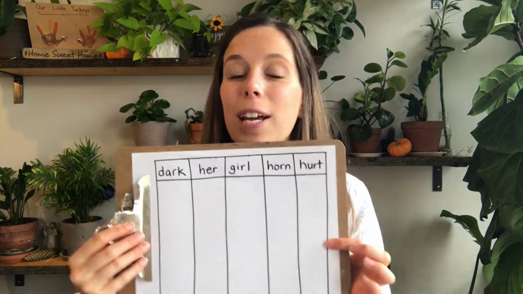So first, everybody takes out their word work notebooks. This is the same notebook that the kids use on Mondays when we do our word wall words. I ask them to open up to a new section. It does not need to be a new page. I just tell them a new section, and they write the date, and they copy the chart that's on the board. They copy it down in their book.